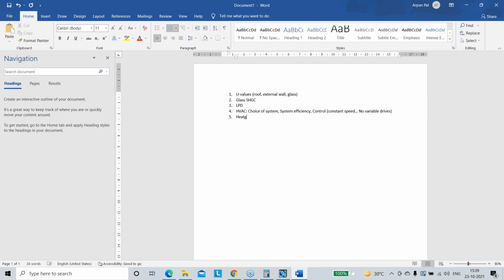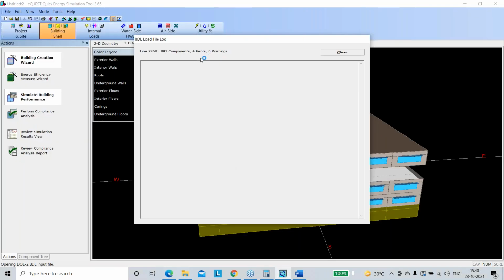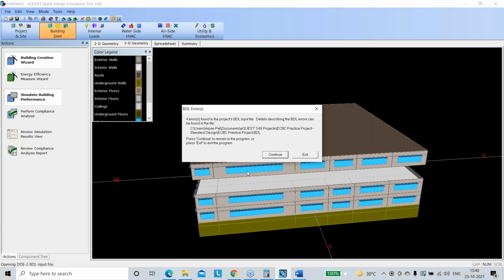we changed the heating coils. That means whether it is electric and auto sized and constant pumps. So all these are the main changes that we made from the proposed to the baseline. Now, based on these changes, we will be getting the saving. So if I see, okay, it is still giving me those four